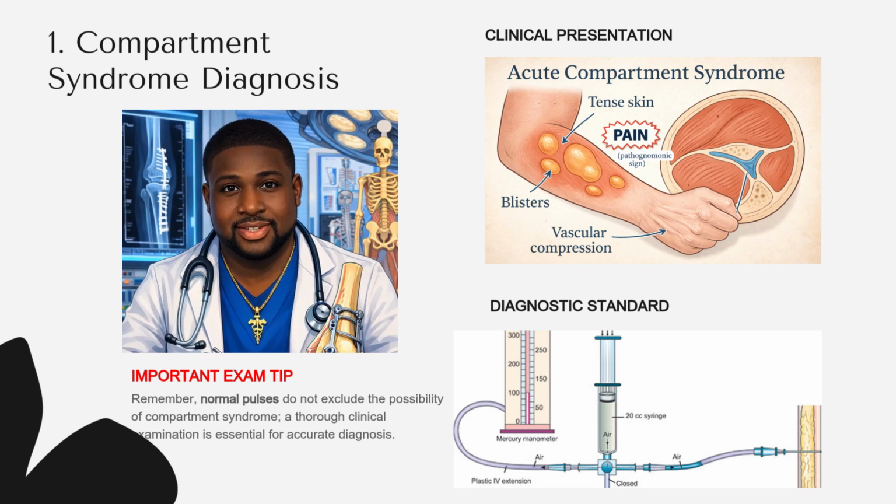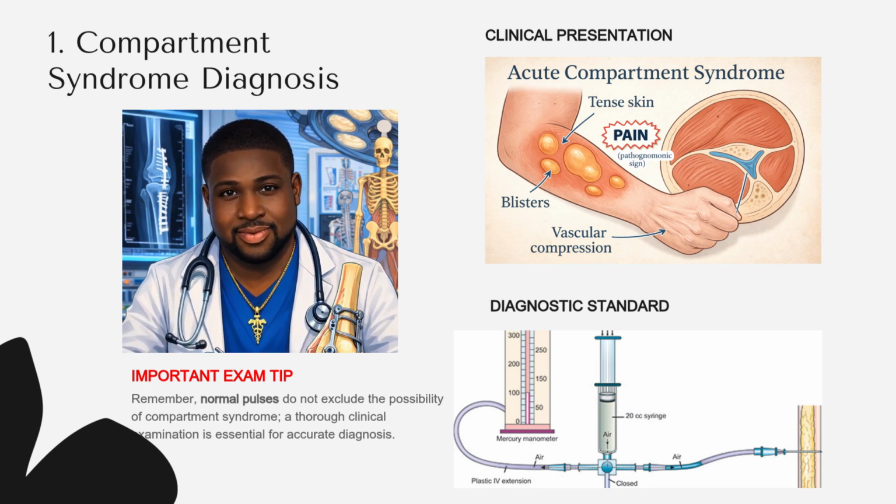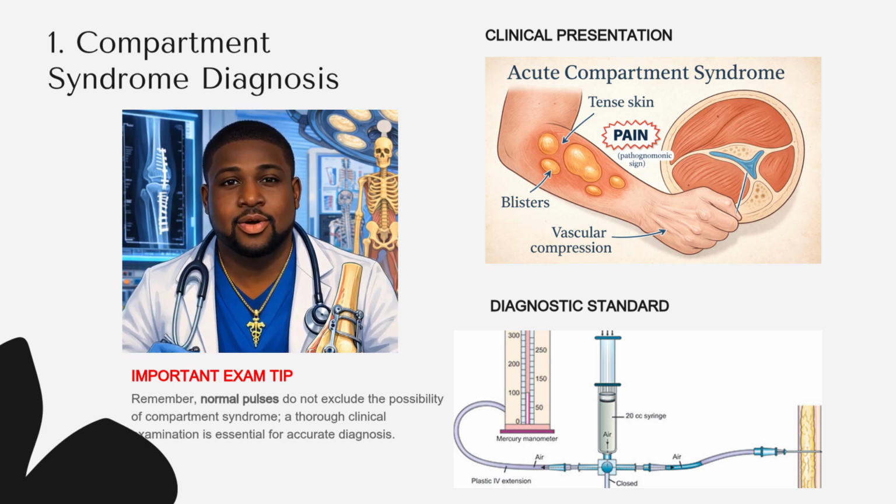The first topic that we tackle on this series is compartment syndrome. Whenever confronted with a case of compartment syndrome, always think pain out of proportion. This is the earliest and most important sign. Other signs include pain on passive stretch, but remember, do not fall for the pulses trap. This is because normal pulses do not exclude the possibility of compartment syndrome. In summary, the hallmark of compartment syndrome is pain out of proportion to the injury and pain on passive stretch